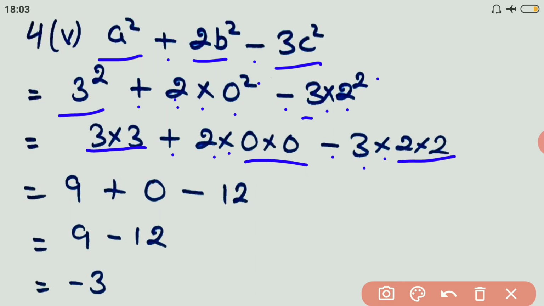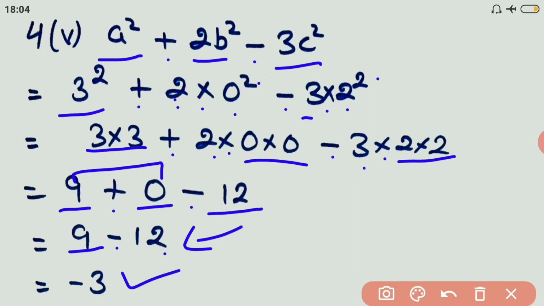Now for solving it, 3 into 3 shall give me 9, plus 2 into 0 shall give me 0, minus 3 into 4 shall give me 12. Okay, now 9 plus 0 shall give me 9, minus 12 comes here, then 9 minus 12 shall give me minus 3. Right, I hope you understood how we get this minus 3. I have been doing this in a few sums which we have done earlier, so I guess you know how to do this now. Now going to the next question.